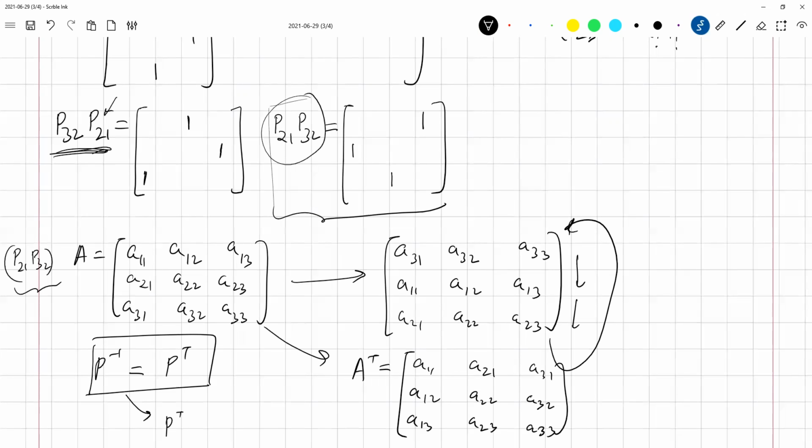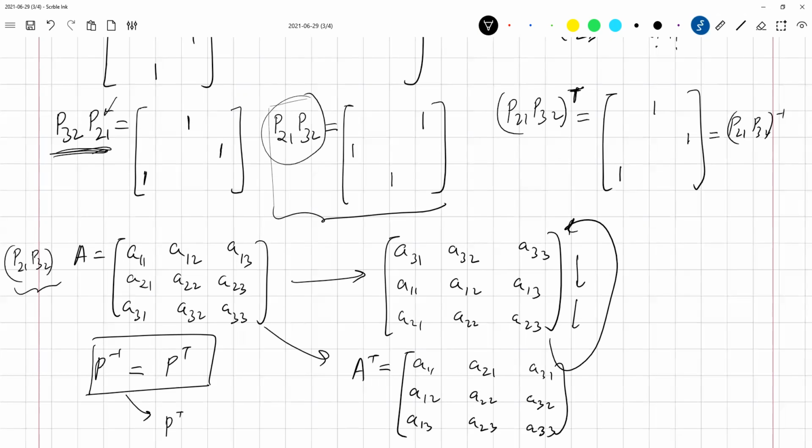So let us do this. Let us do P21, P32 transpose. Okay, overall transpose is equal to what? It will be 0, 0, 1; 0, 0, 0; 1 and 1, 0, 0; 1, 1, 0; 0, 0, and then 0, 1, 1; 0, 1, 0. Okay, let us try multiplying these two. So I'm saying that this is equivalent to the inverse of P21, P32. Let us multiply these two matrices and see what happens.